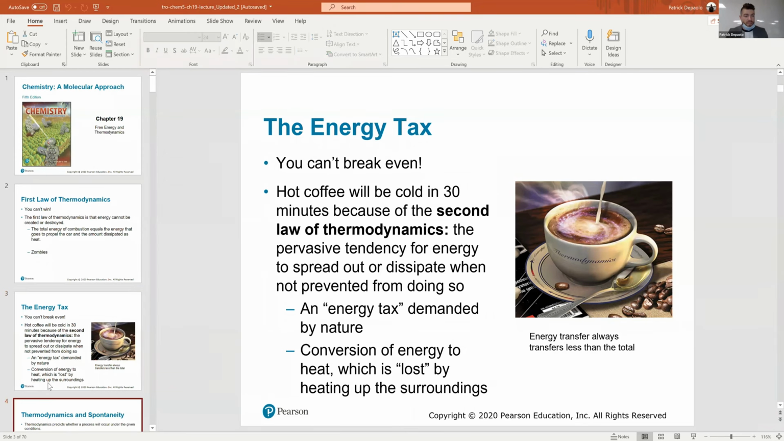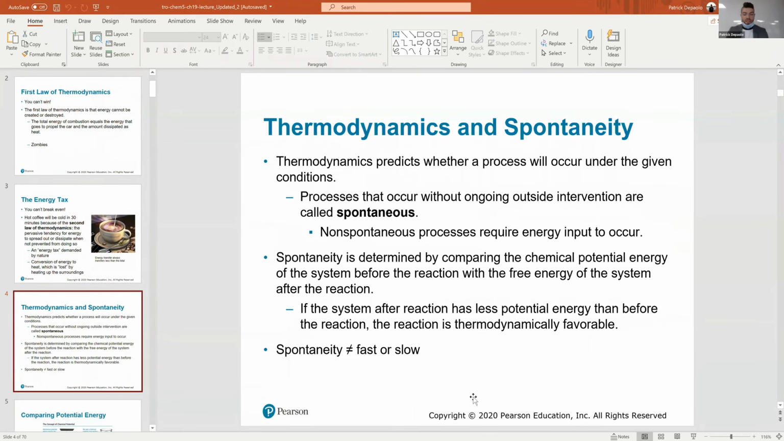So it has the second law of thermodynamics, and it ties very closely to,